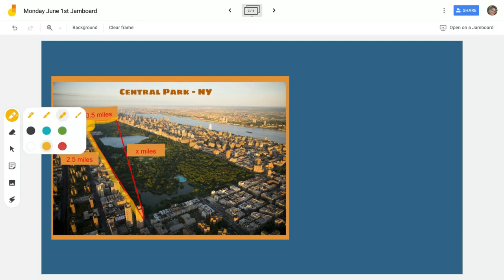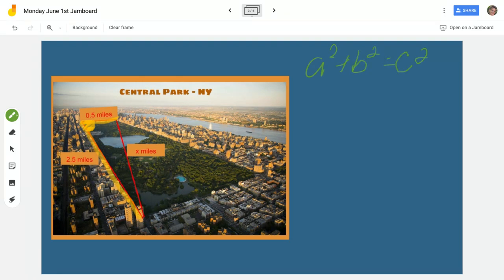So all we have to do now is calculate our Pythagorean theorem here. So I have a squared plus b squared equals c squared. And again, I know that c squared is going to be this diagonal. So I know I have my two legs. The order in which I do my two legs does not matter. So I'm just going to put